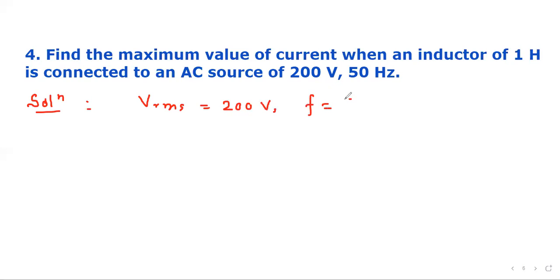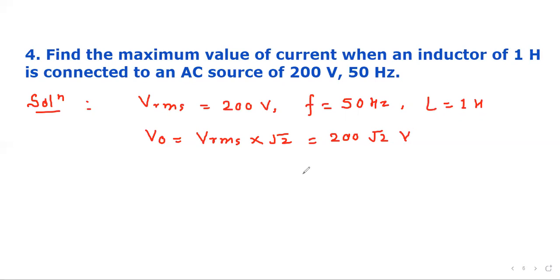Frequency is given as 50 hertz and L equal to 1 Henry. We have to find out the maximum value of the current. So maximum value of voltage will be VRMS times √2, that is 200√2 volt,